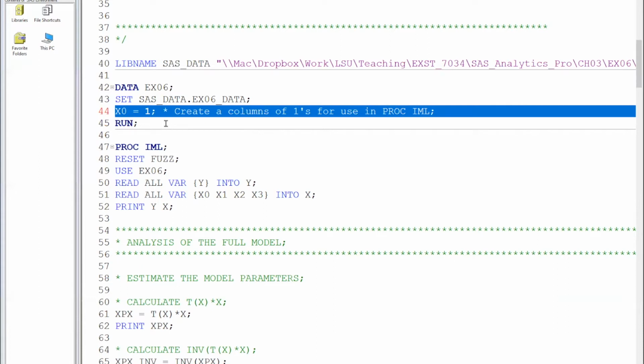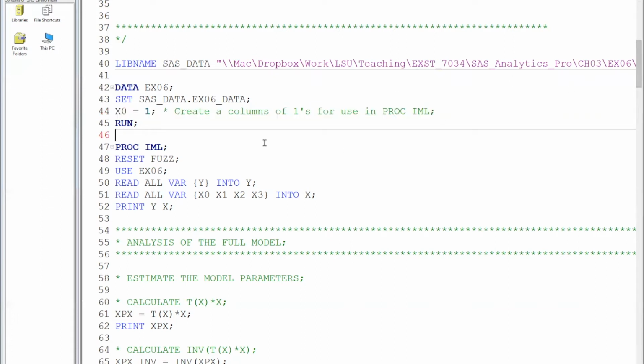All right, and what that's going to do is create a variable in the SAS data set that contains the value 1 for every observation. It's just easier to do that here in the data step than it is to do that in proc IML. Now, you'll recall that in the previous lecture videos, we created the necessary vector and matrices